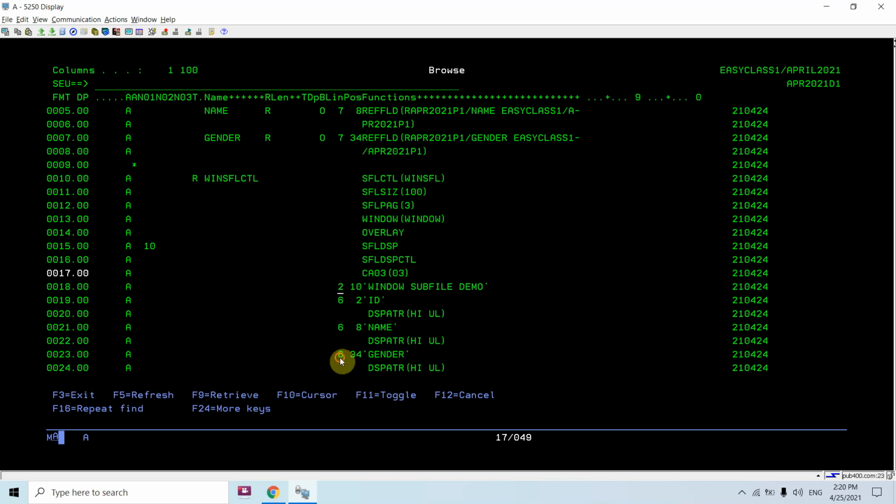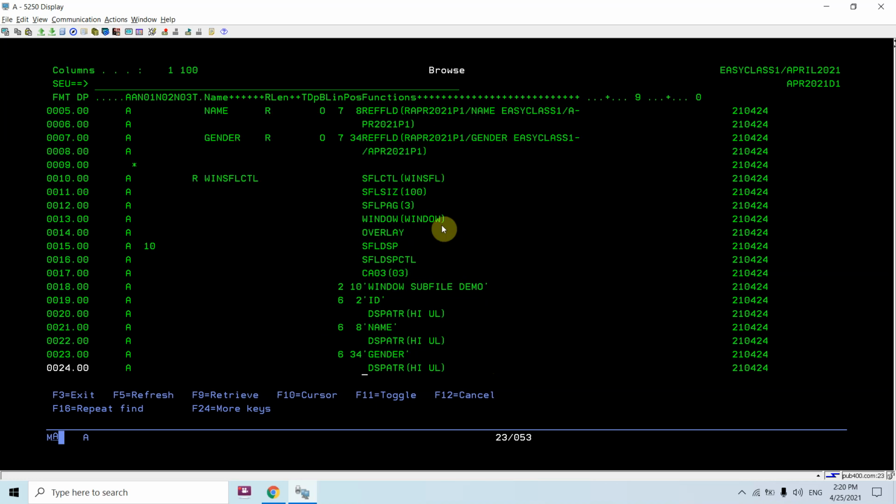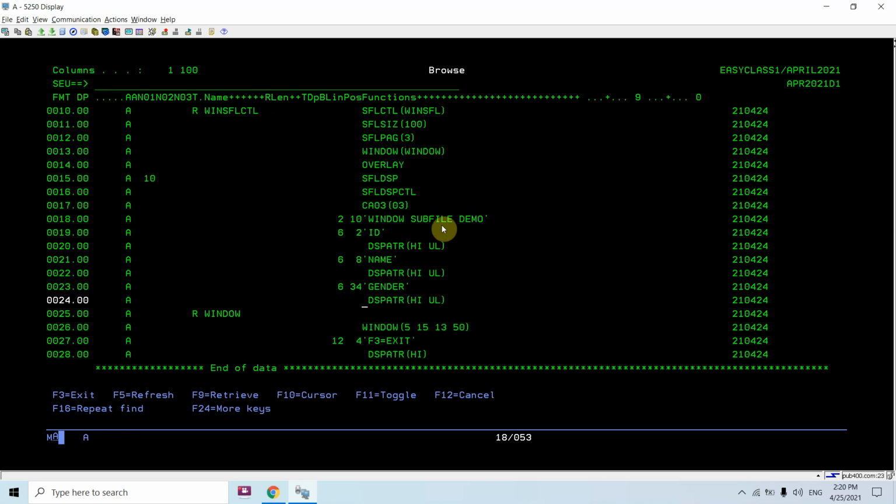Whatever we can display in the subfile control format is above the 7th position, that is, less than 7. As you can see, up to 6 we can specify the headings. If we try to display a heading on the 12th line or anything greater than 7, we will get an error. We are not able to compile our display file. We will get overlapping issues.